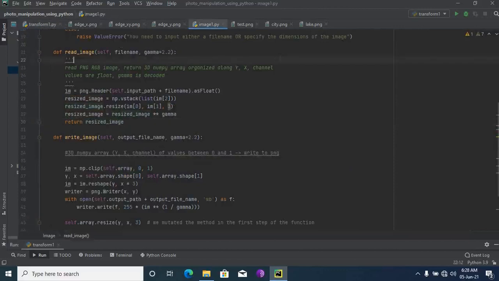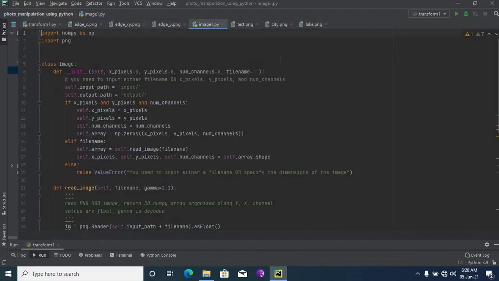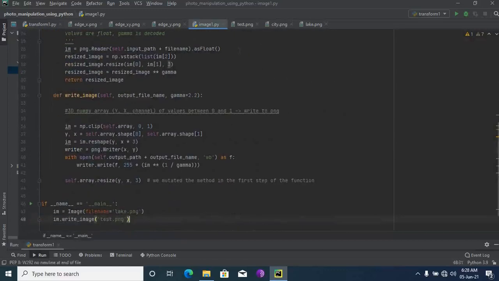For that I created a Python project. First I'm implementing the image module, creating an Image class for reading and writing the image.